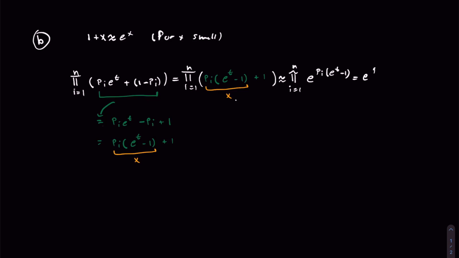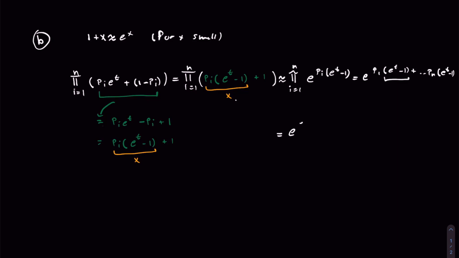So we have p_1 (e^t minus 1), and then plus all the way up to p_n (e^t minus 1). And now we can factor out e^t minus 1,